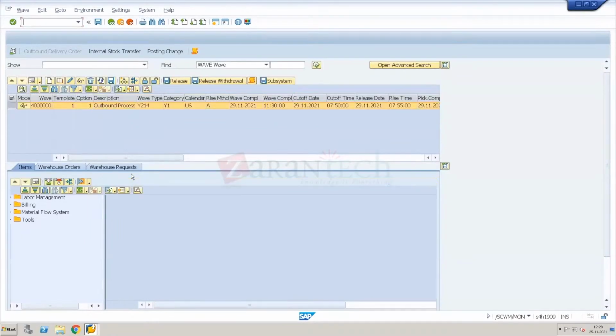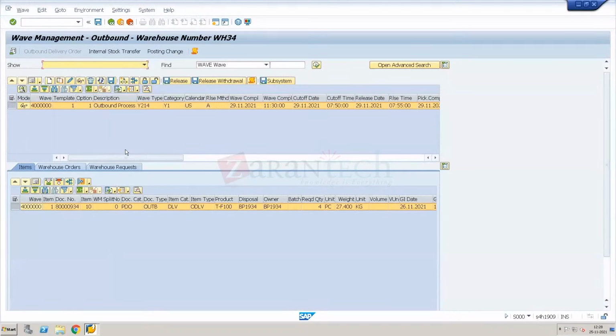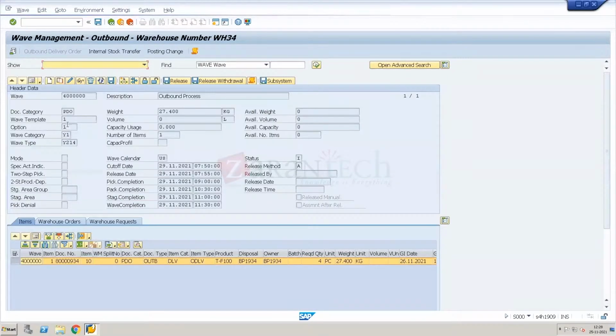So this wave got created. Okay, now let us look at the wave attributes. So it has picked up our template and our option. You can see wave category and wave type also coming from the wave template, and see these are the planned dates and time. So it took